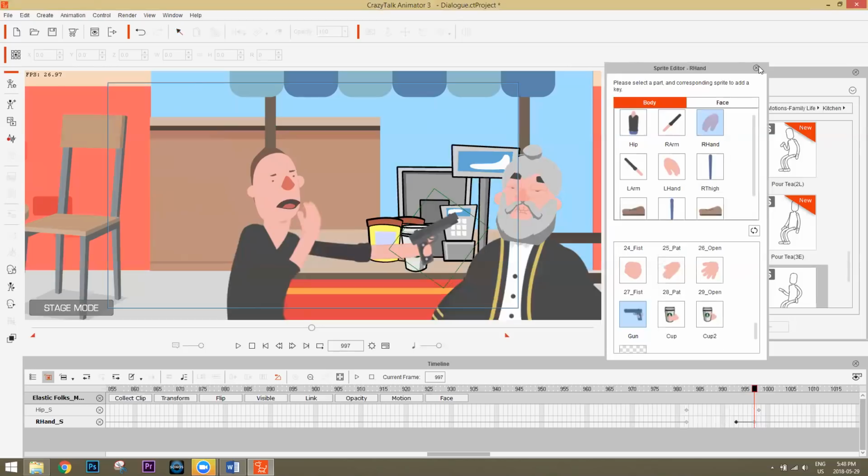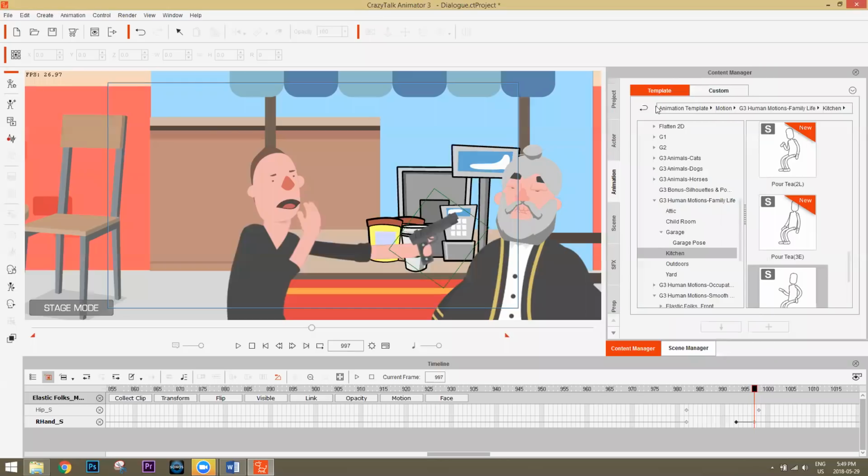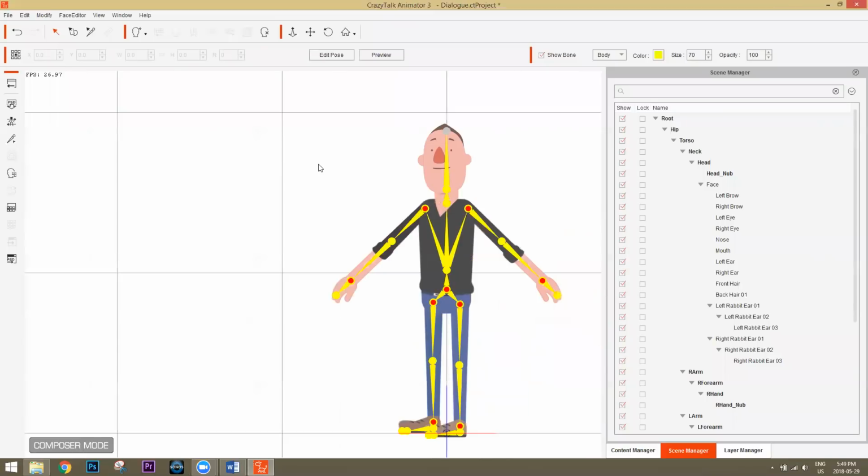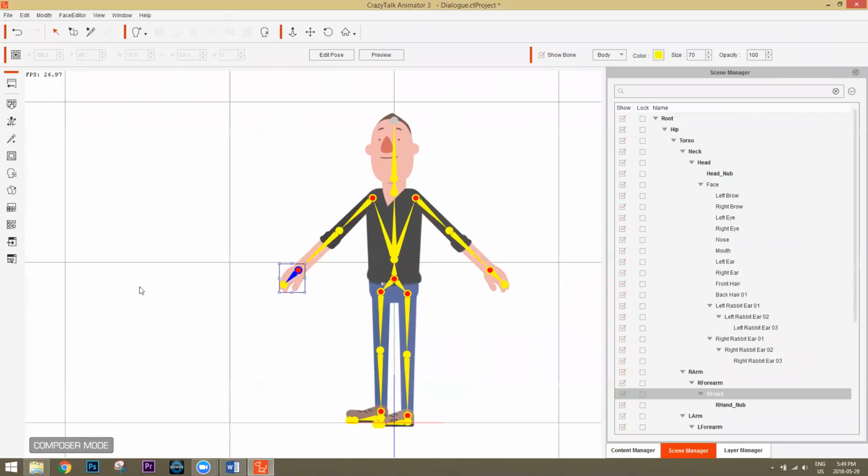Now, to create that gun sprite, what I did this way here, you need to have the pipeline version of CrazyTalk Animator, so just be aware of that, okay? You can also do it manually as well, and I'll show you how to do that here. I'm going to select my character and go up here to the composer mode. And with the character selected, let's go ahead and select the right hand right there, okay?